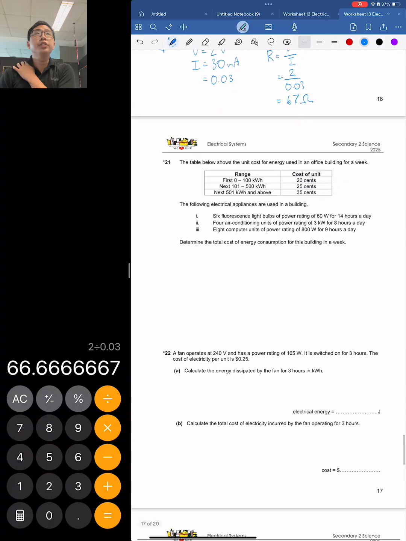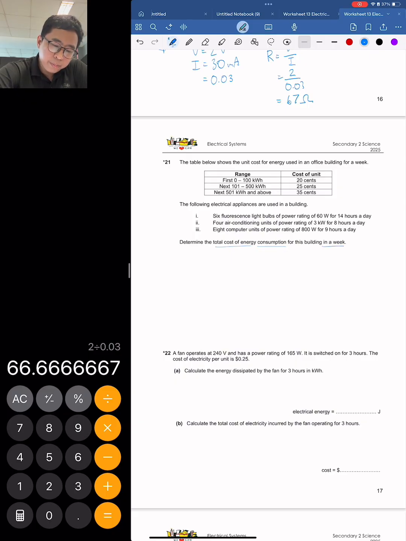So for the last question, the table below shows the unit cost of energy used in an office building for a week. If you use less energy, it's cheaper. The moment you hit over 100, it becomes more expensive. You hit over 500, then it becomes way more expensive. So determine the total energy consumption